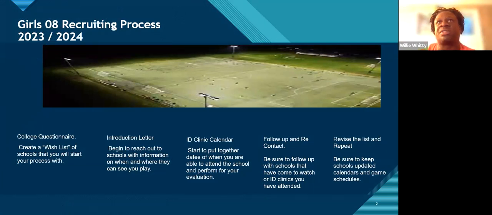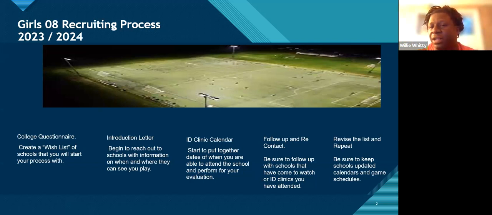This is all going to be stuff that we talk about with your players as we start to set up meetings. They will get a Google Doc in October. As high school starts to wind down, they will sign up for a meeting, and we will have a timeline for each player and how they need to approach introducing themselves to coaches, how they want to do that with an introduction letter, what that should look like, and the timeframes for when they want to send it out to which schools. We're going to talk about ID clinics, why they're important.